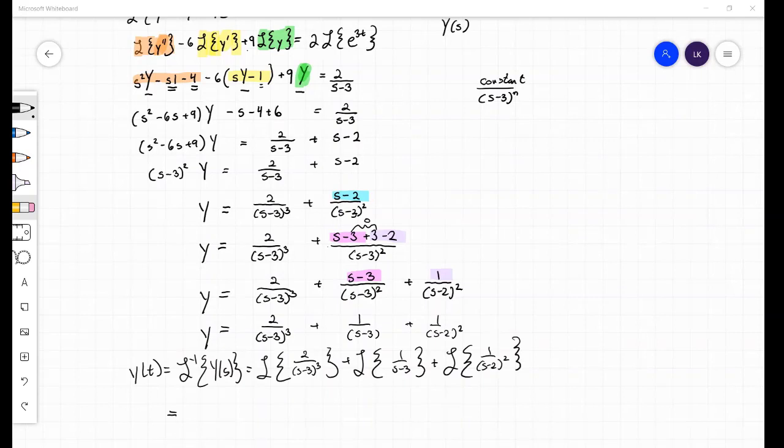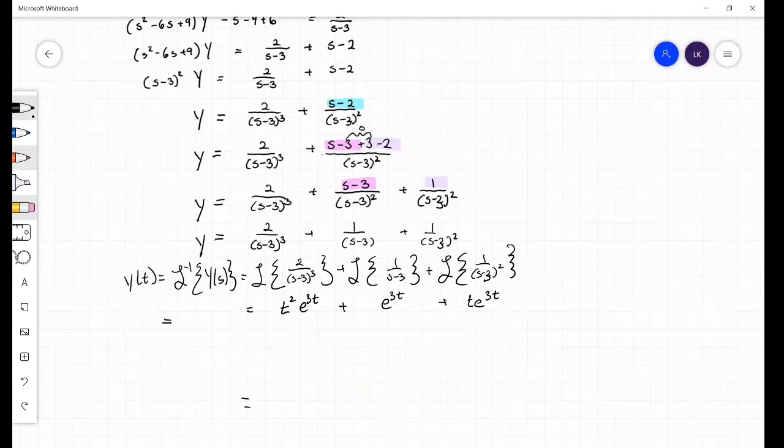And to find y of t, we take the inverse Laplace of everything. And we recognize that these are inverse Laplace